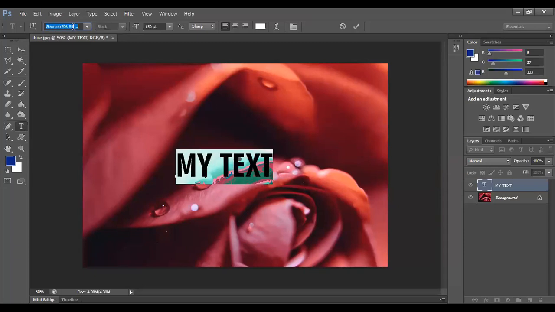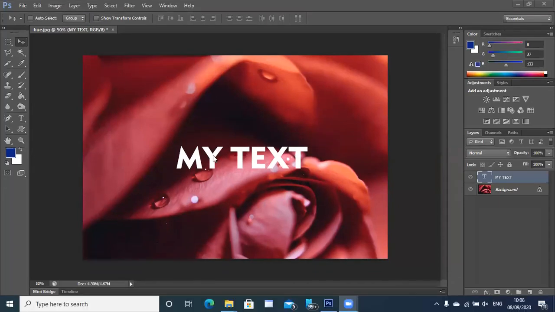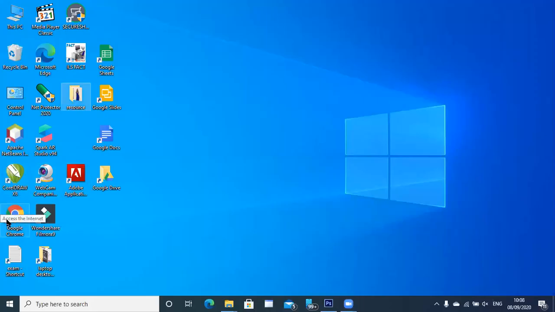So this is one of the things. Another thing: suppose, for example, these are a few fonts. What about other fonts, if I need something else? How will I go about doing that? Let's try to go online and search for some fonts. Let me just share my entire screen. One second. Yes, so this is my full screen, and up here I'll go to Google Chrome. I'm entering Google Chrome. You can also go online and find a few fonts to download, depending on what style you require.